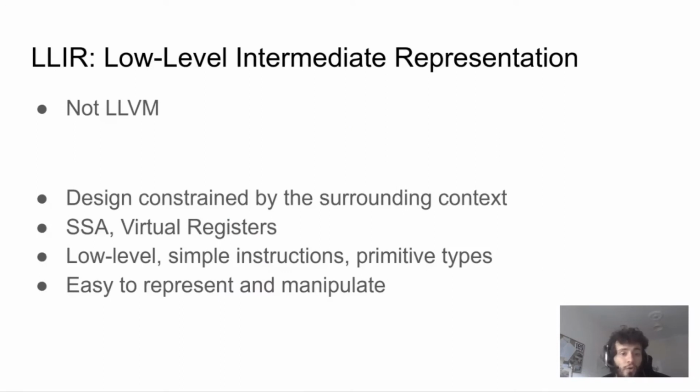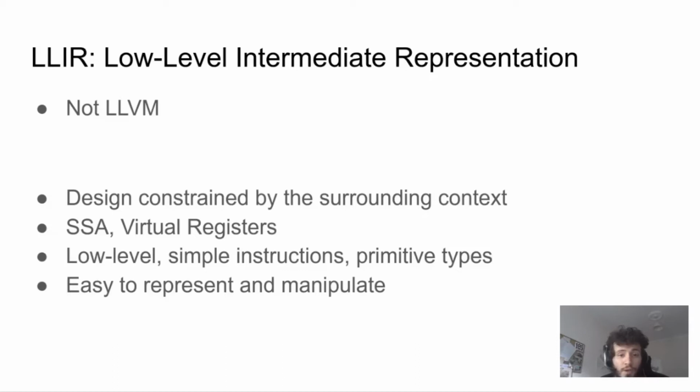LLIR is the central component of our project. It is built to be easy to optimize. It is in SSA form, has virtual registers, simple instructions, and primitive types with direct hardware equivalents. Even though it is not LLVM IR, its in-memory representation in C++ is almost identical to LLVM IR, mirroring several useful methods and reusing support libraries, including valuable functions and iterators, such as dominator tree construction and post-order traversals. We find the code style of our transformations to be quite similar to that of LLVM, and this familiarity is highly valuable. Despite some similarities, LLIR is definitely not LLVM IR.